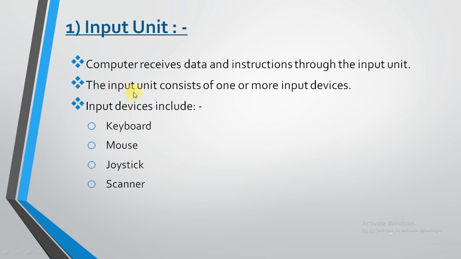So any input unit may consist of one or more input devices because each has been assigned some specific task, and based on that role it will work, right? So keyboard and mouse both are considered as an input unit, and your system may contain more than one input device. First is called keyboard, then mouse, then joystick, then scanner. There is a list of input devices you can write over here.